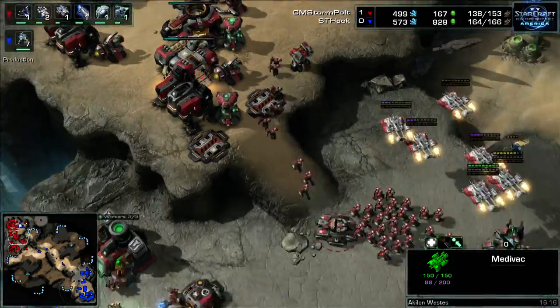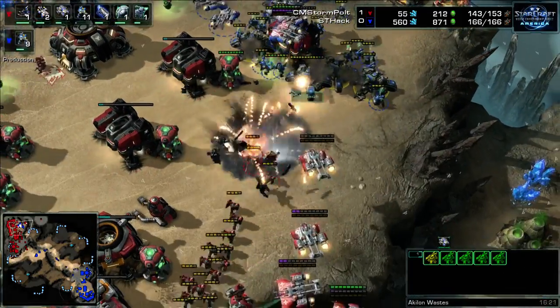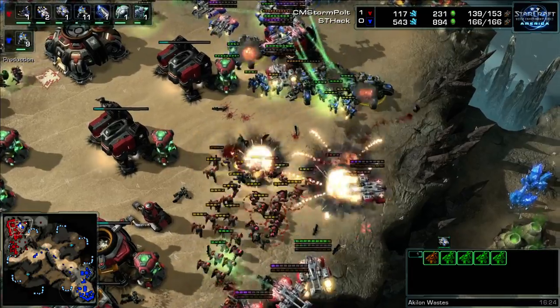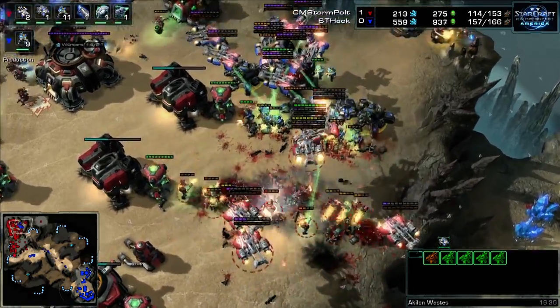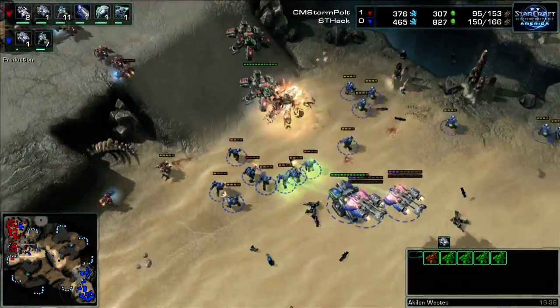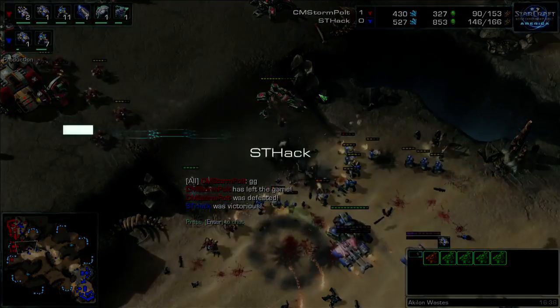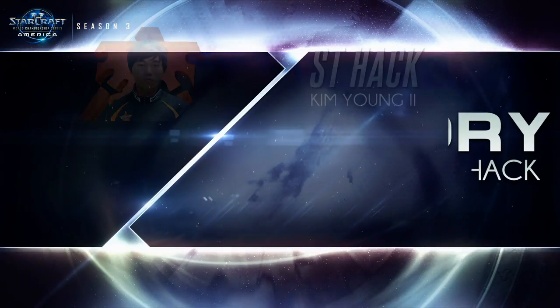And he has units in front to really dissuade all the units from pushing back. Siege tanks are in great position, now cleaning up so many Marines of Polt. He's just going in there one by one, getting torn apart. Polt tried to swing in with everything he has, but now Hack is storming the front. GG! Hack ties the series up 1